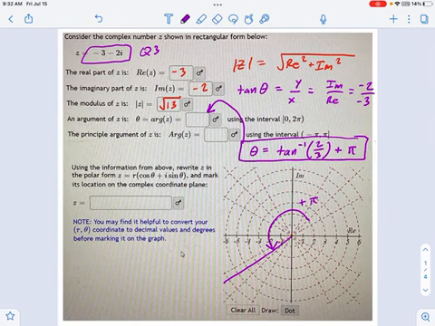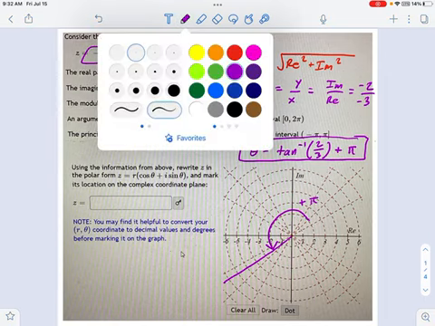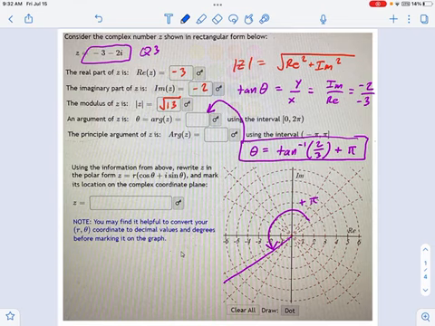Because if the computer says, oh, inverse tangent 2/3, that's quadrant 1, you're wrong. You have to add that plus pi in manually yourself. Last part, let's talk about this guy right here.